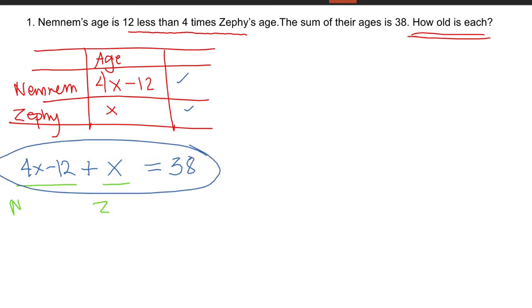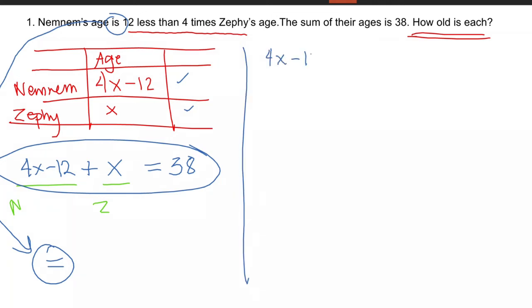Take note that when you read the words is, will be, was, were, these denote equality, meaning there is an equation that we have to solve. Meaning to say, Nemnem's age is equal to 12 less than 4 times Zephy's age. Okay? So let's try to solve this. So we will get